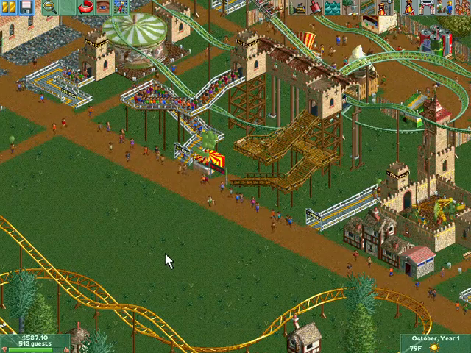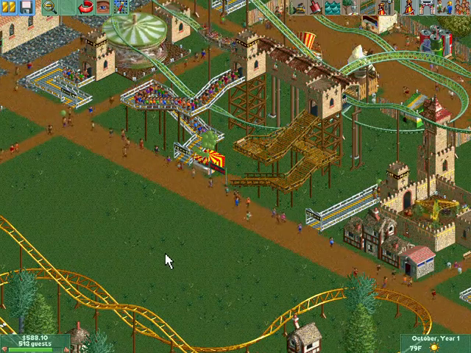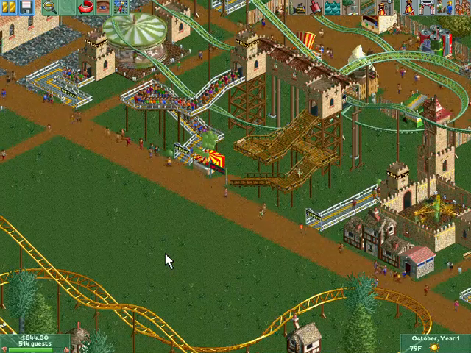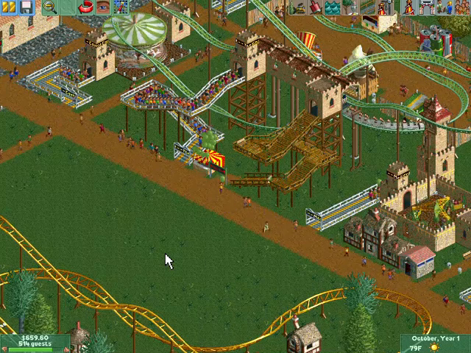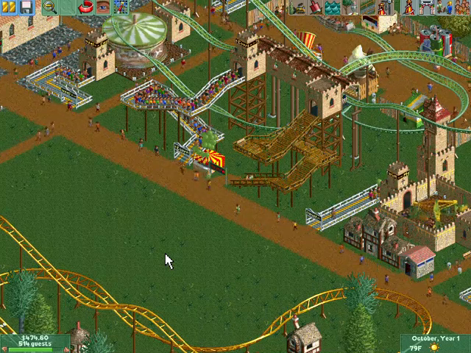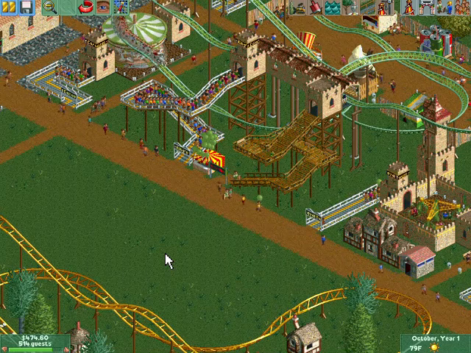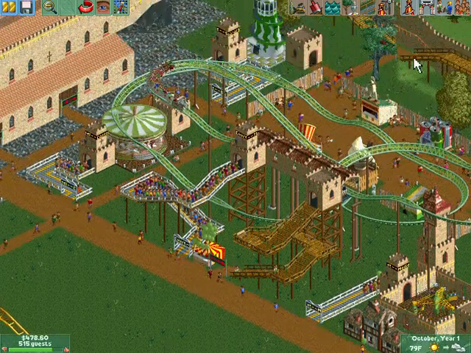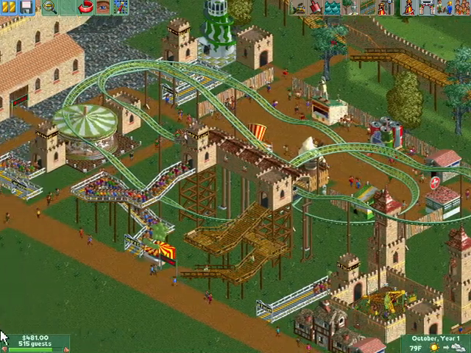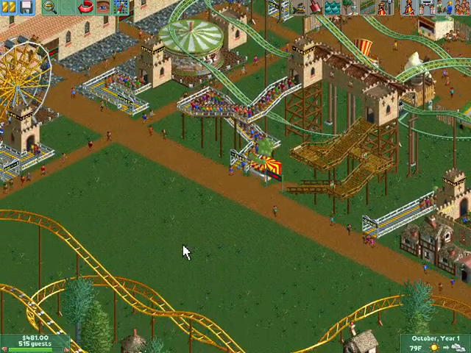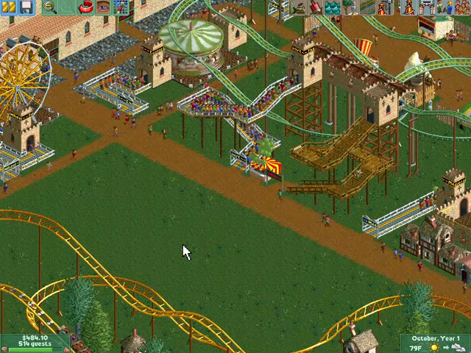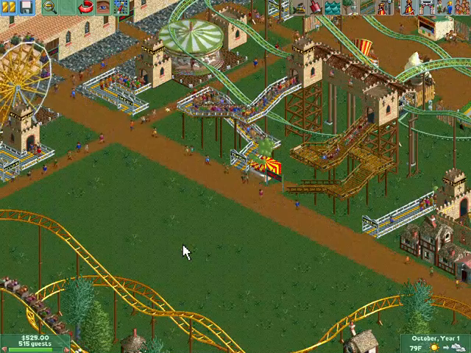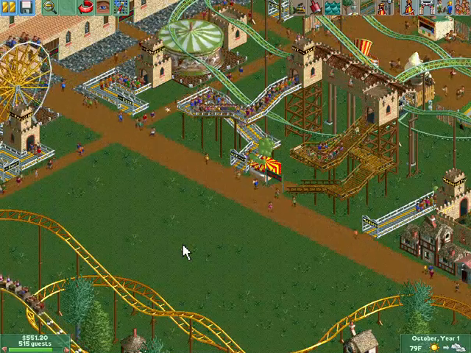Oh, so there are modded versions of Roller Coaster Tycoon 2. In those modded versions, players have the ability to actually speed up time in the game. We do not have that ability here. Or at least I thought we did, but I don't see it. So that leads me to believe that no, we don't have the ability to speed up time. We only have the ability to pause, which is fine because honestly, speeding up time kind of feels like cheating